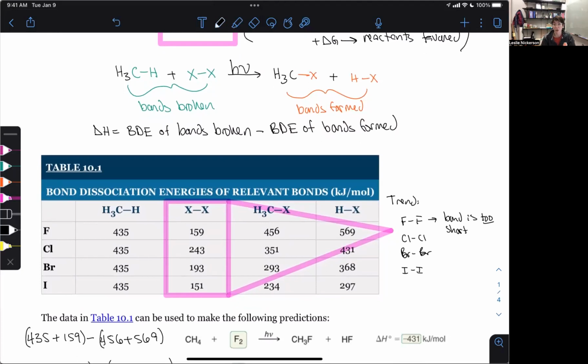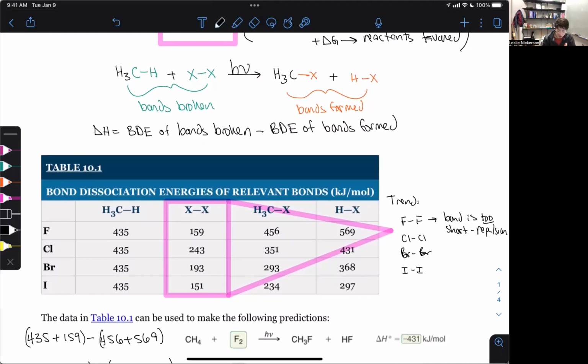Okay, because it's so short, you're actually getting repulsion from the two fluorine atoms. They're trying to get away from each other because they're getting to a point where they're too close in space, and all their electron density around them is starting to push away from itself. Okay, so this repulsion